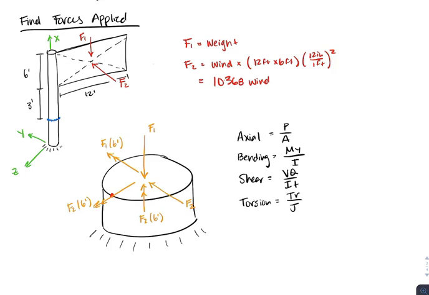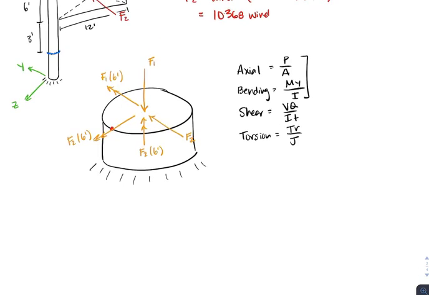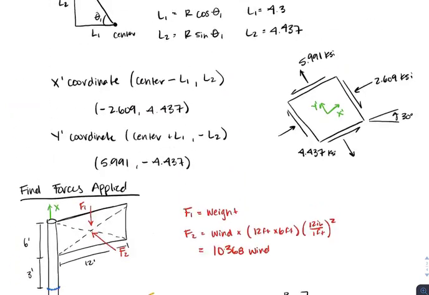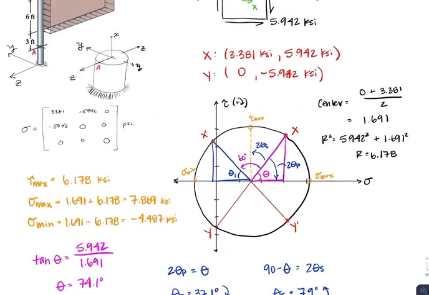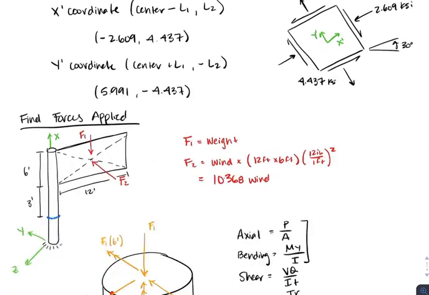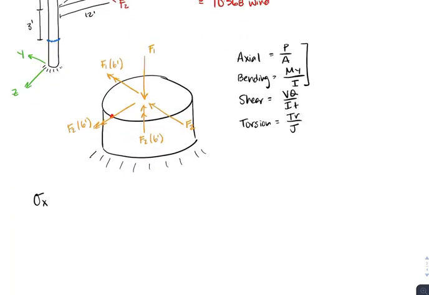So we have a little bit of all of them. We have each stress acting at our point A that we have to consider. So let's start with just our normal stress, these two guys. We know our normal stress from above. If we look back at our stress state that was given, we know that the stress sigma xx is 3.381 KSI. So if we redraw that down here, our sigma xx is going to be a positive 3.381 KSI.